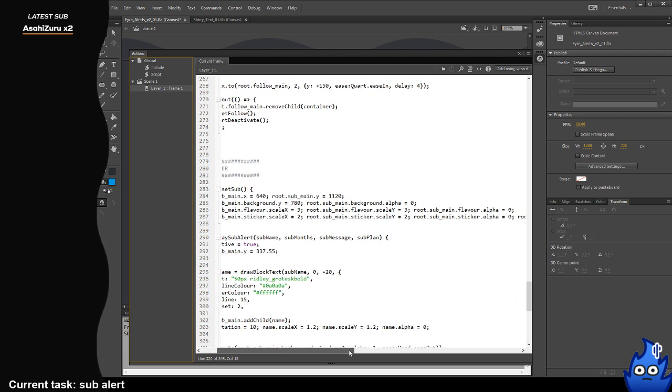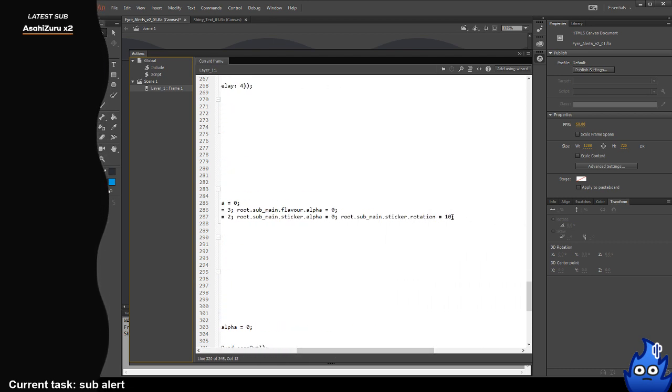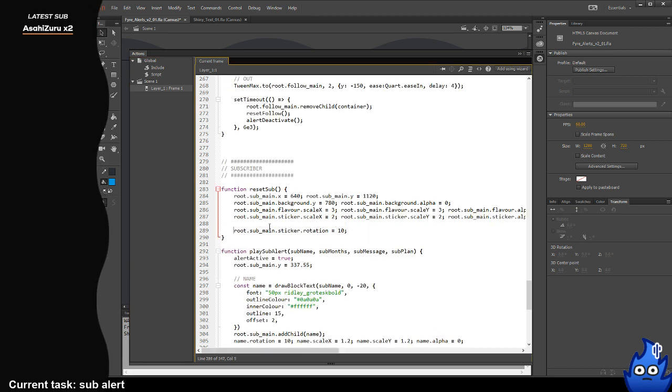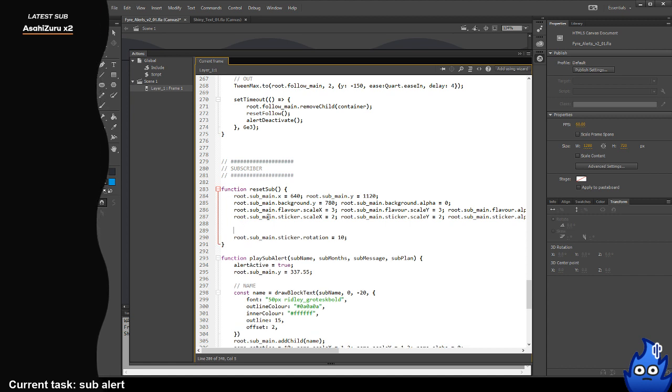How about when I reset it, I can do a random rotation here. So